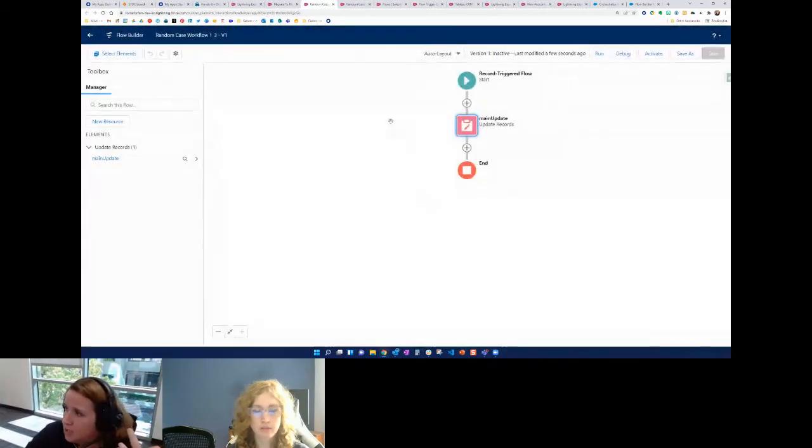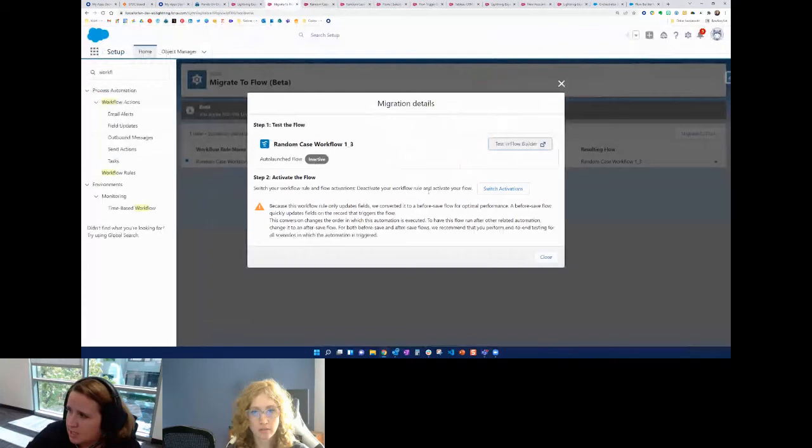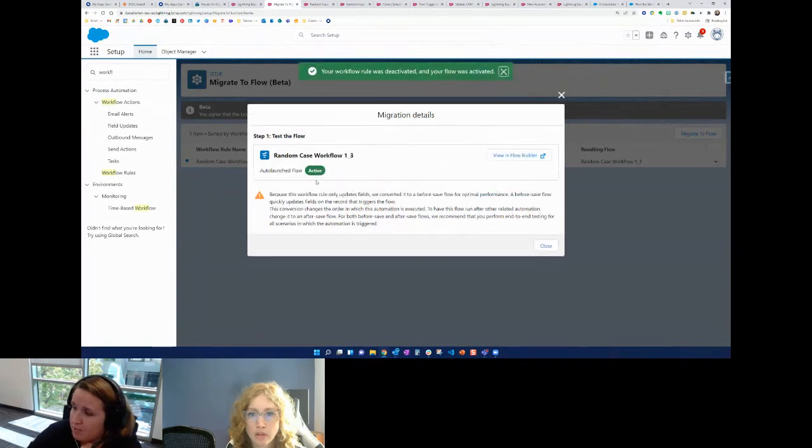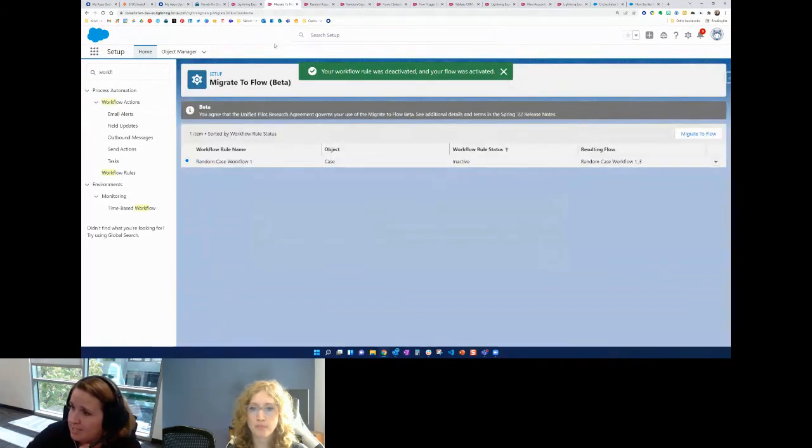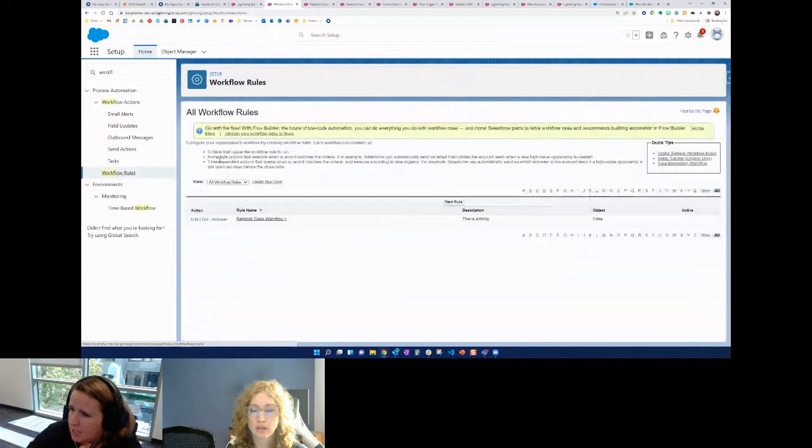The one thing that I did notice though is if you ignore that and move on, it doesn't deactivate your workflow for you automatically. So you'll have to remember to go back and do that, or I haven't pushed this button yet. I'm just going to push it. Okay, so I've activated my flow, and let's see if it deactivated it did. Perfect. So if you push the button, it activates your flow, it deactivates your workflow rule, but you have to remember to push it or remember to go deactivate your workflow rule so you don't have flows and workflow rules